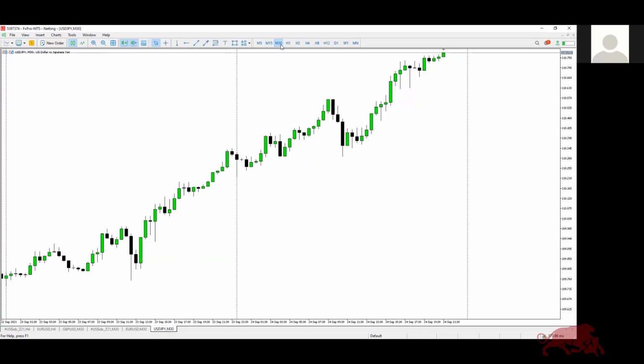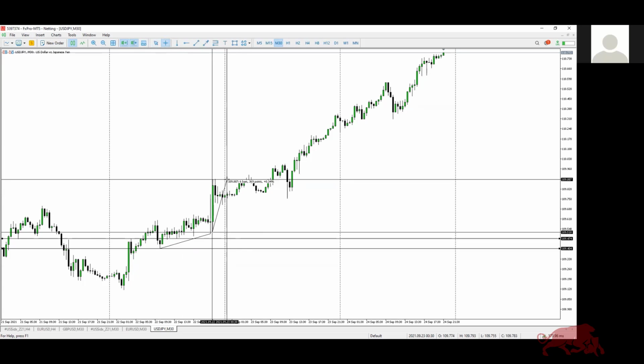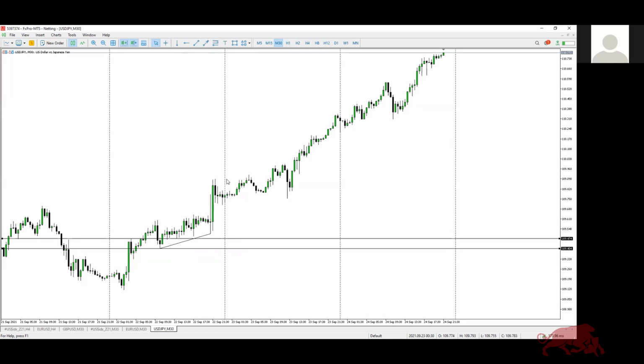And during FOMC, price then rallied 36 pips. When Powell was speaking, he emphasized that they're going to start tapering. They'll give us an exact date probably during the November FOMC. So make sure you understand how those fundamentals